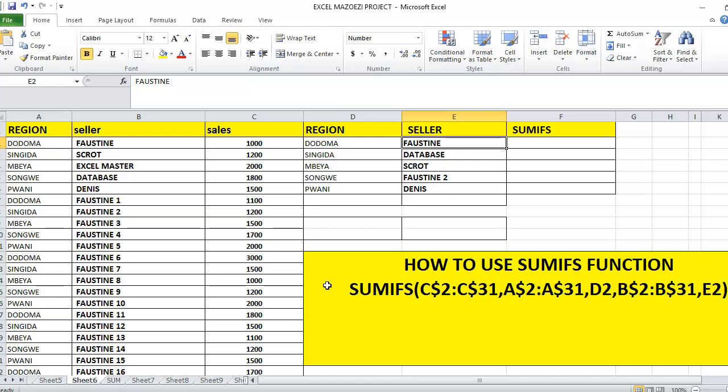Today I'm going to teach you how to use the SUMIFS function. The SUMIFS function adds all the arguments that meet multiple criteria. For example, you have multiple criteria or conditions and you want to sum up. This tutorial will guide you step by step on how to sum up or add values with multiple conditions